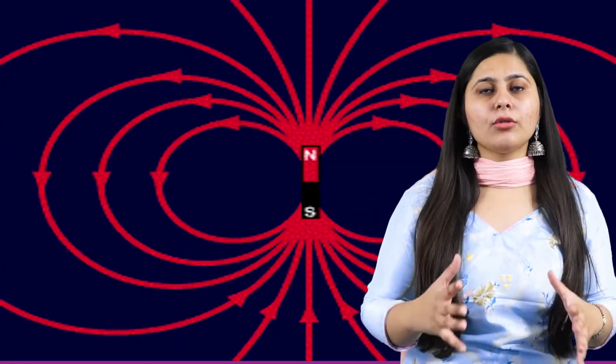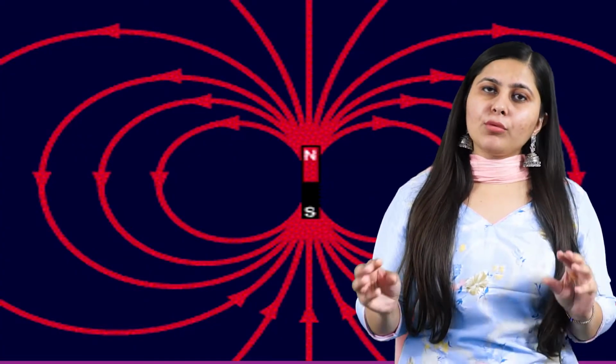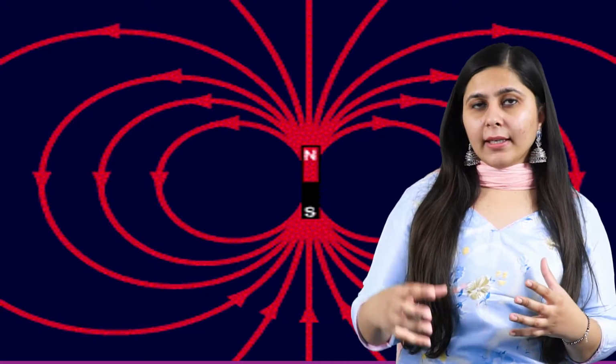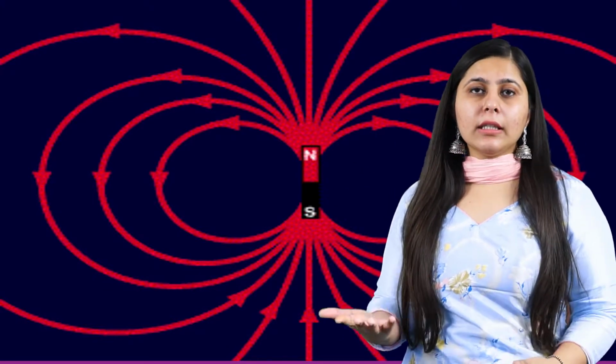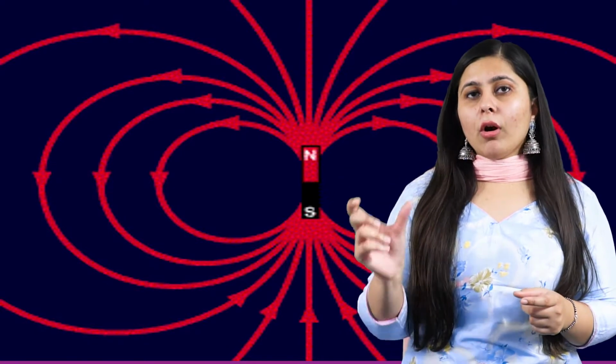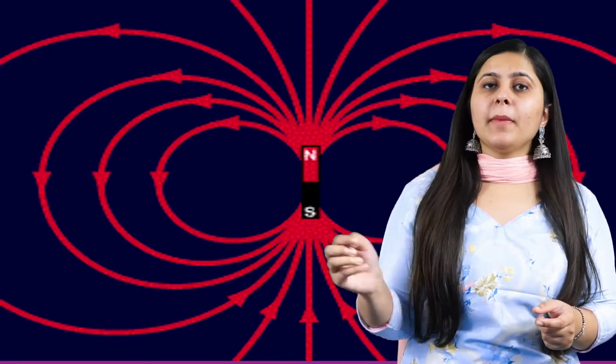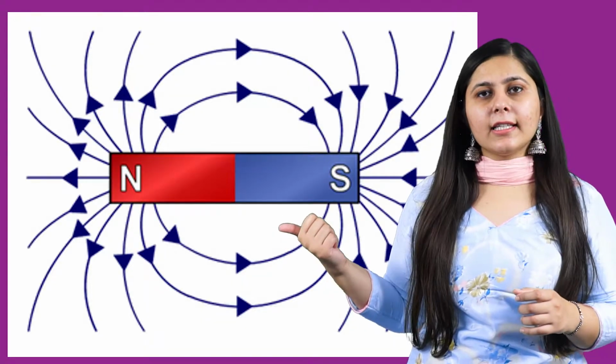We just need to remember it, whenever we are asked to draw a magnetic field across a magnet. Suppose in the question you are given a bar magnet, so draw a magnetic field using the magnetic lines in the examination. You need to draw it as this diagram is shown to you, right? Let's move on to the second characteristic of a magnet.